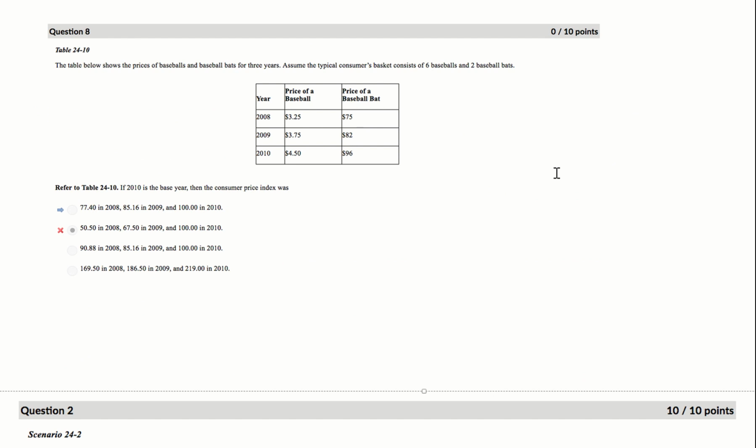So baseball bat, different years. Our basket is 6 baseballs and 2 baseball bats. In 2010, if 2010 is the base year, then what was the consumer price index? All right, so first find out what our basket value is. So basket of 2008,